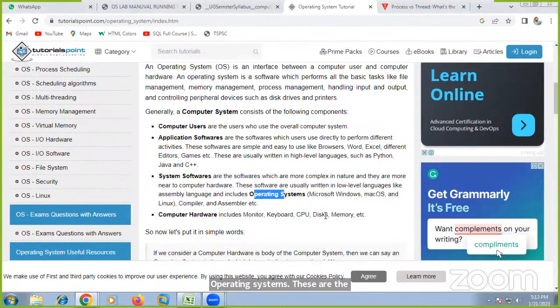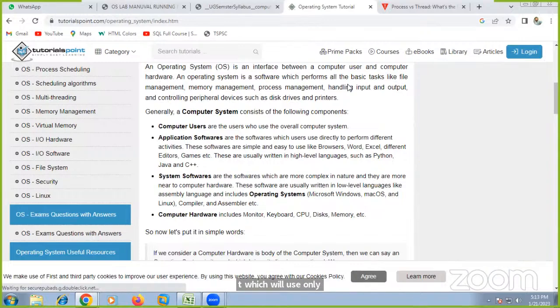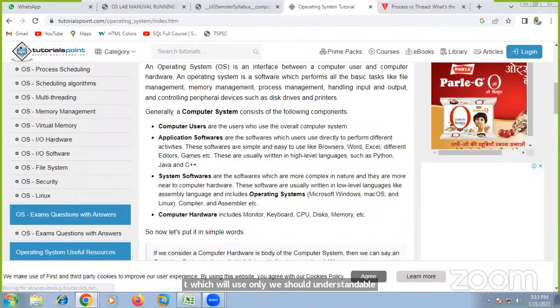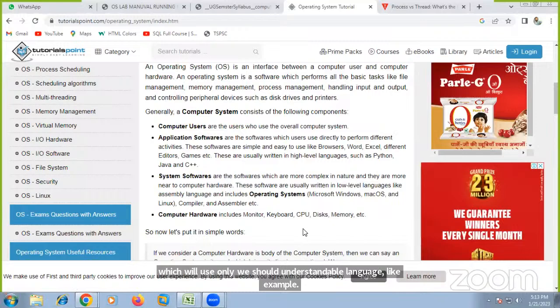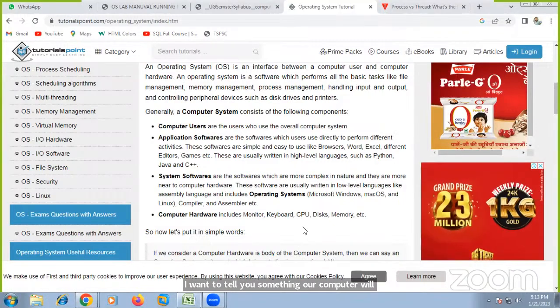We have different types of system software, like low-level language operating systems and high-level language operating systems. Low-level language operating systems use only machine-understandable language. For example, I want to tell you one thing. Our computer will understand what type of data